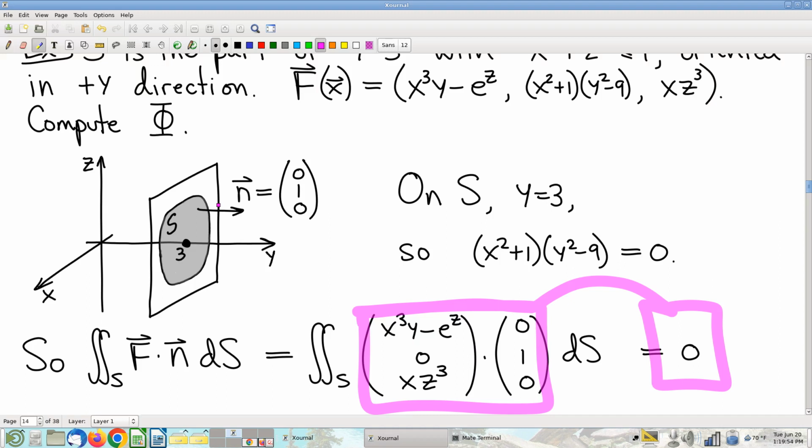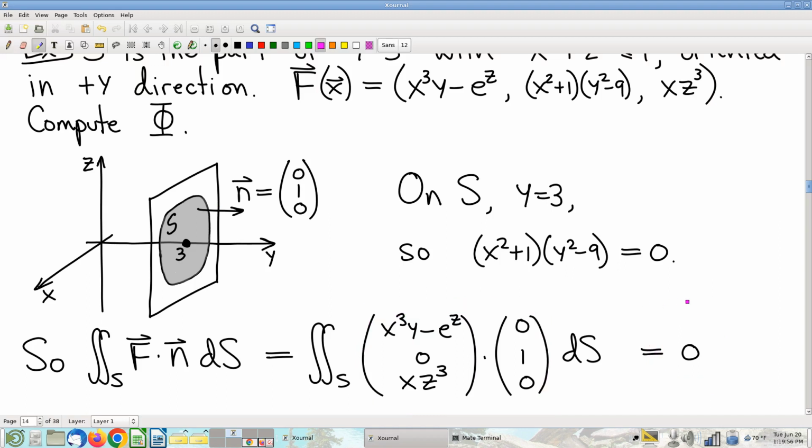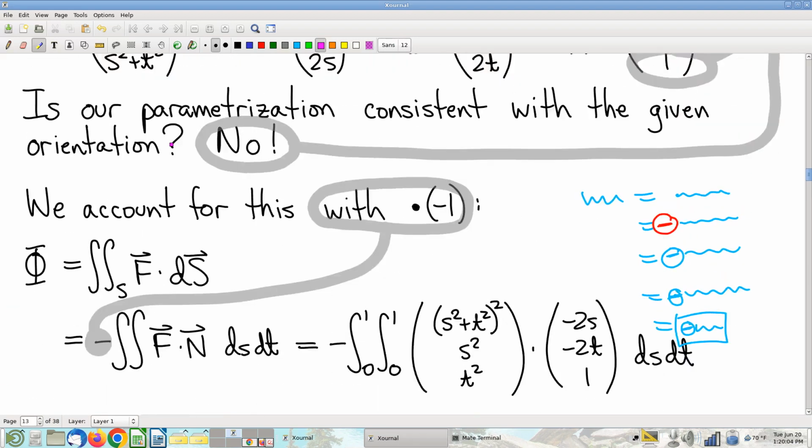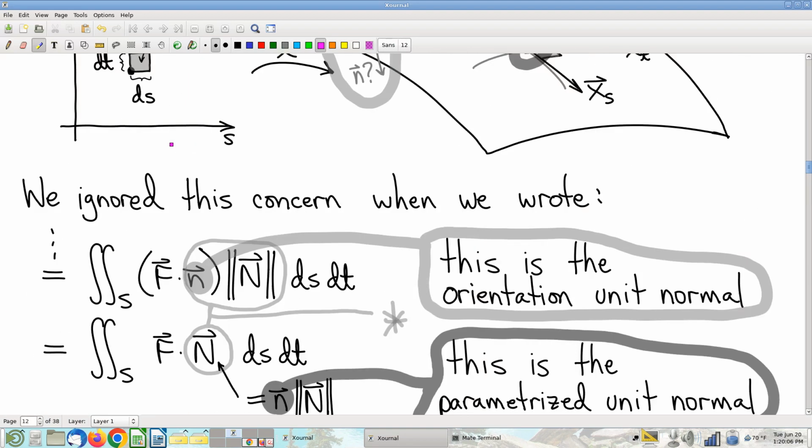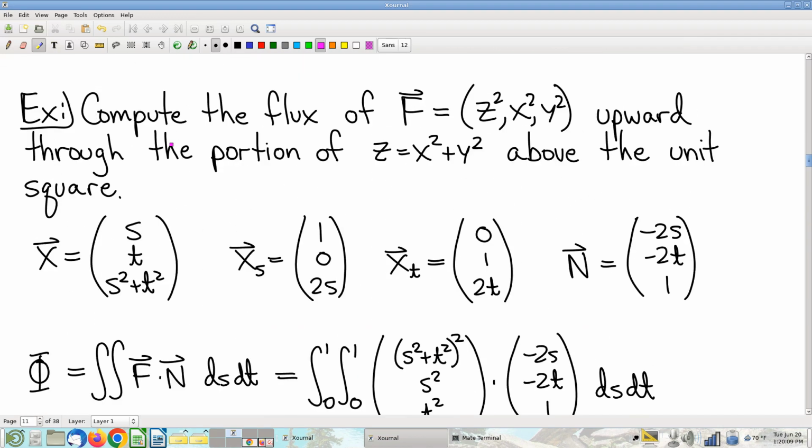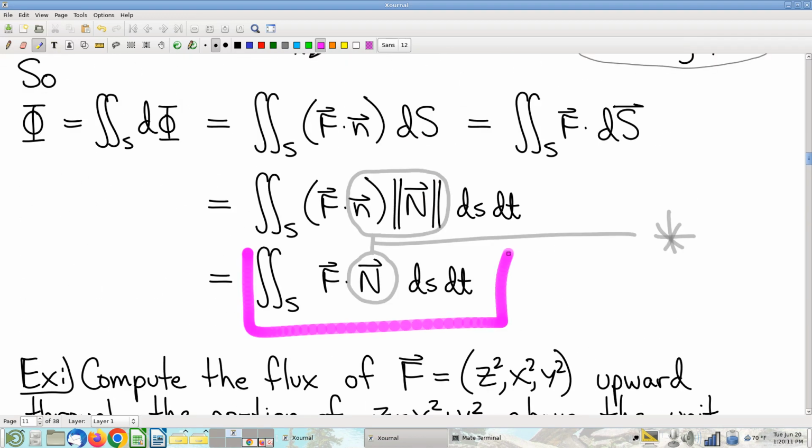All right, so you'd be surprised how often stuff like this comes up. So please do always be on the lookout. Every time you see the question say flux, don't just reflexively write down where's my formula? Don't just reflexively write this down and start plugging and chugging. You might, on the one hand, end up giving yourself a lot more work to do, but more importantly,